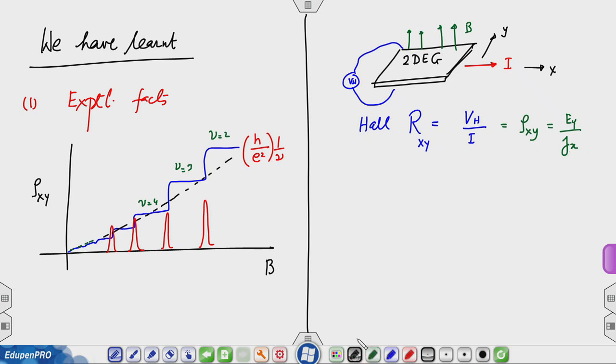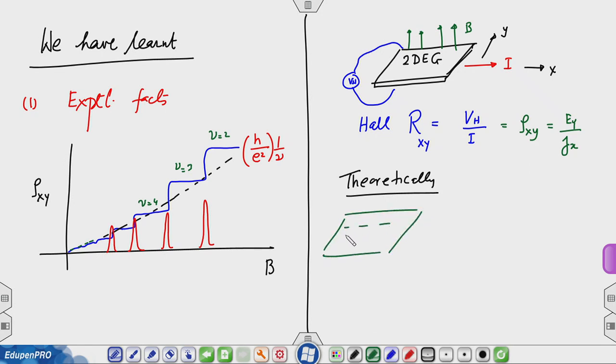Theoretically, what we set up last time is that when I look at this 2-dimensional gas in the sample, and I will tell you whether it is infinite in extent or finite in extent,